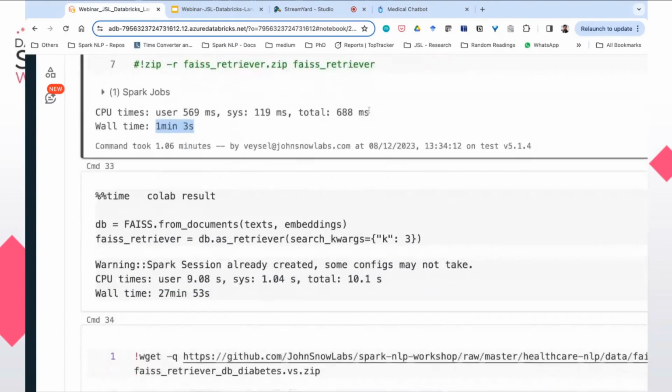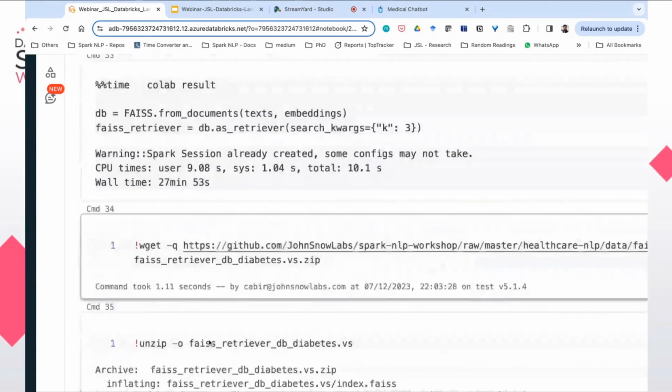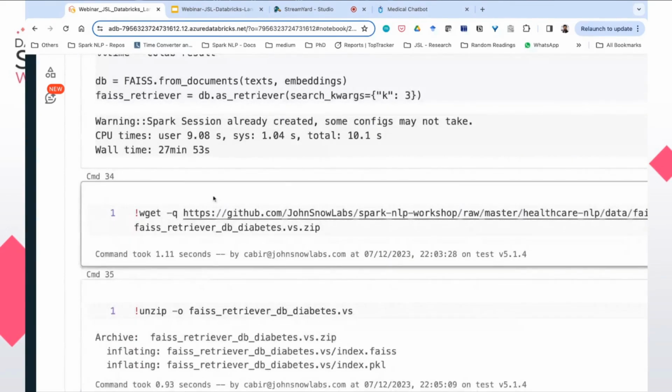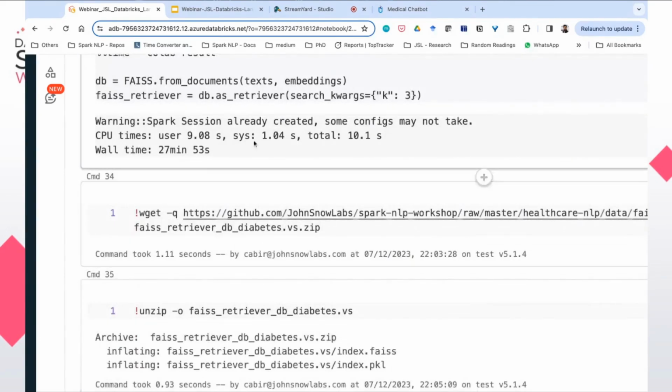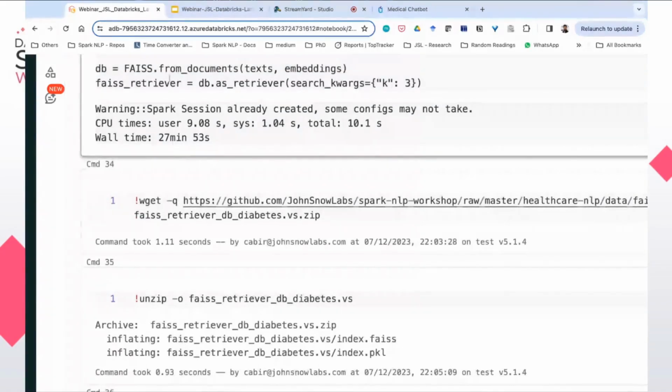When I did the same on Colab, it took 27 minutes, because Colab is a small machine, 2 CPU, 12 gig memory. But we can compare the same with Hugging Face on the same machine, which I'm going to run right now. Because this is the most time consuming and expensive part,